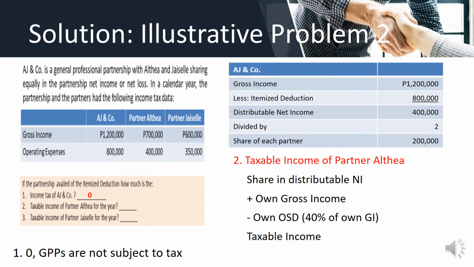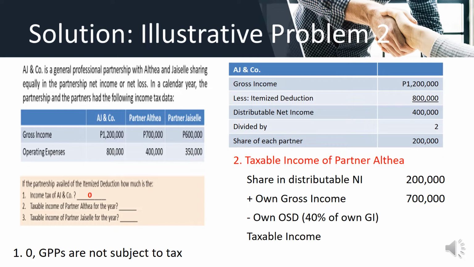Since there are only 2 partners and the agreement is to share equally in the partnership, so therefore, the share of each partner is 200,000. So 400,000 divided by 2 is 200,000. Then we add the own gross income of partner Althea amounting to 700,000. Now this time, ang pinili ng partnership ay itemized, so ang pipiliin ni partner ay OSD, which is equivalent to